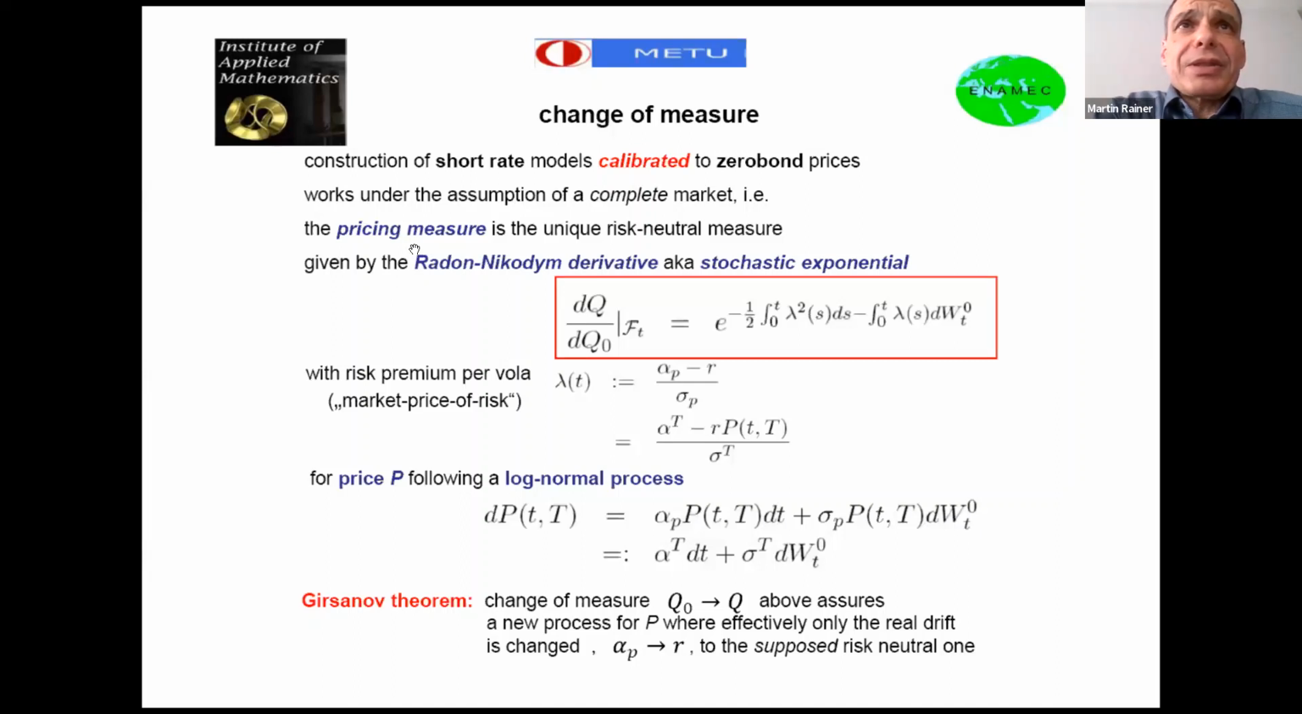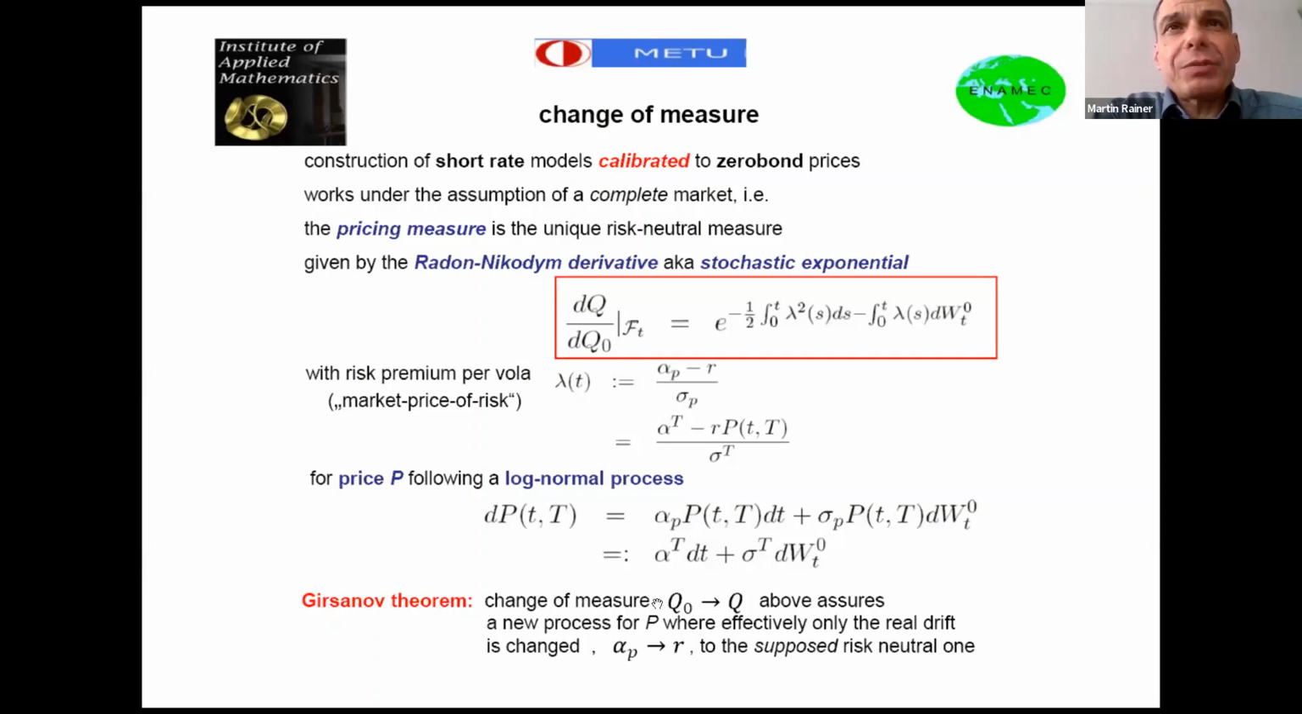And if this assumption is true, then the pricing measure is in fact the unique risk neutral measure. It can be given by what is called the stochastic exponential. In mathematics, we call it also the Radon-Nikodym derivative. It is related to this coefficient lambda, which is the risk premium per volatility. It's also called the market price of risk, and can be easily accessed. So also the price of the zero bonds then has such a process, and the Girsanov theorem says